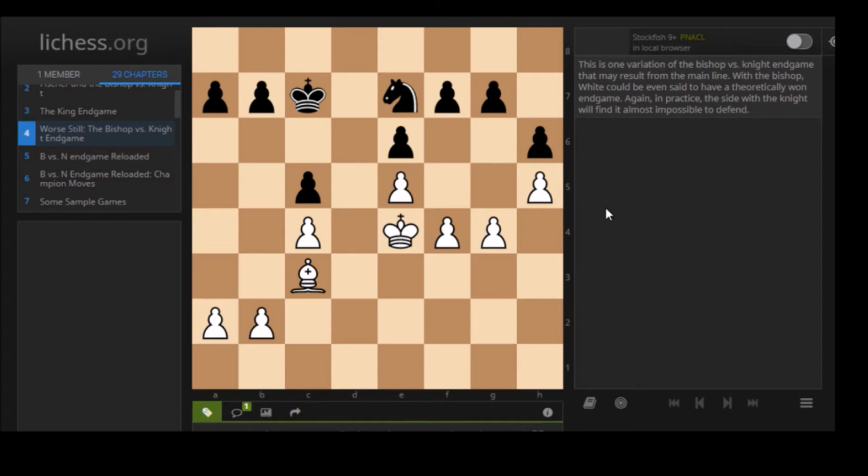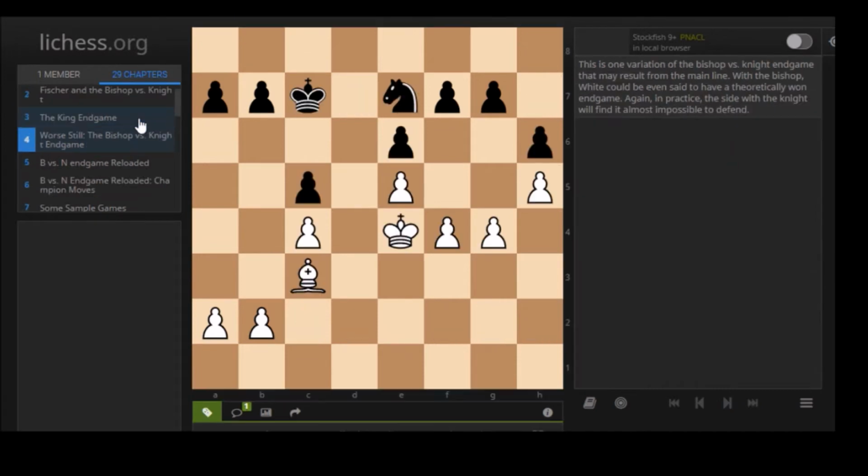Now, okay, this is the game I want to show you. So here, how does White win? I'd love for you to pause the video and consider how White wins. Okay, so White wins by pushing the pawn to f6. It's White's move here, by the way, of course. So pushing the pawn to f6 and